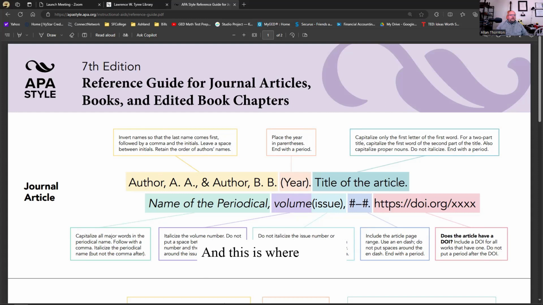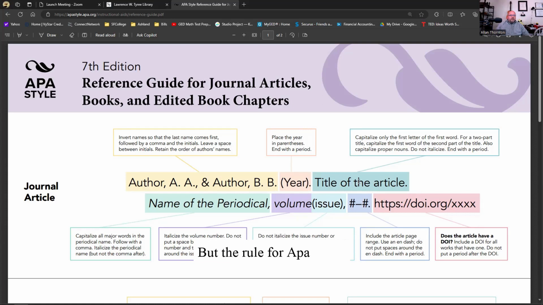And this is where a lot of students can get tripped up on APA. I don't grade these quite as stickler. I want to see this setup, but if you forget the rule that goes with the title of the article or title of the book, I'm not going to take points off as long as you have that title in there.